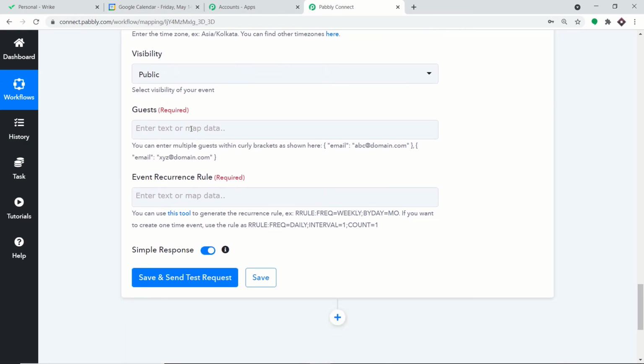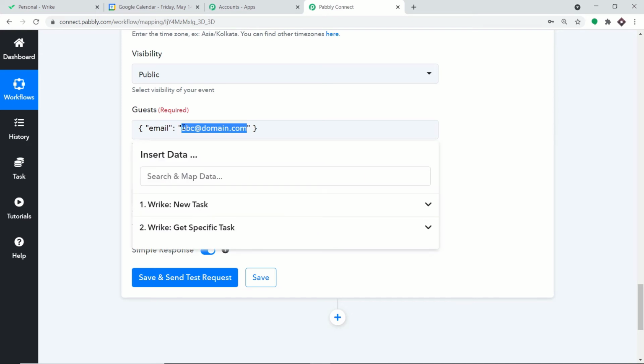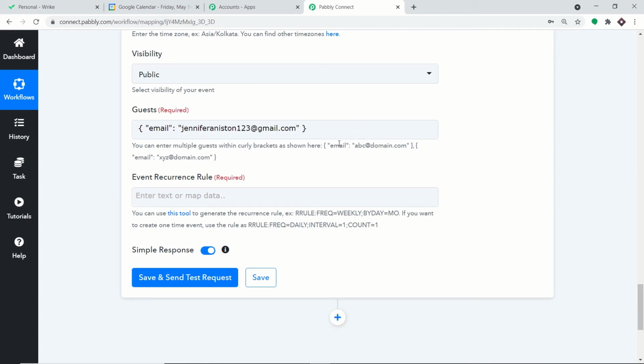Now it is required that you tag along a guest. So what I'm going to do here is copy this bunch of characters, and we have to mention the email. I'm going to paste this here, and let's say I want to bring Jennifer Aniston. So this is the email of Jennifer Aniston. We have entered her. Now if you want to enter more, all you have to do is enter a comma and once again enter the same format. After that, inside this pair of double quotes, enter your email.